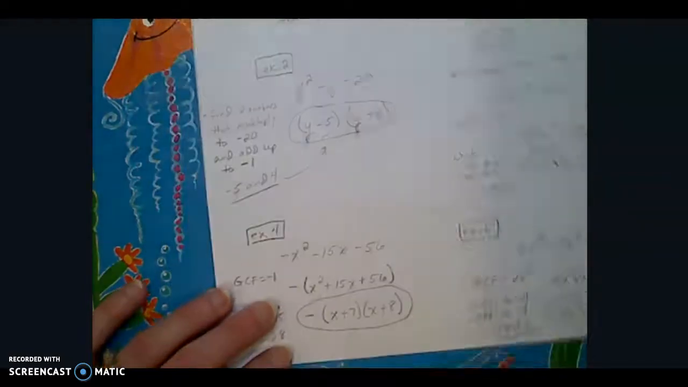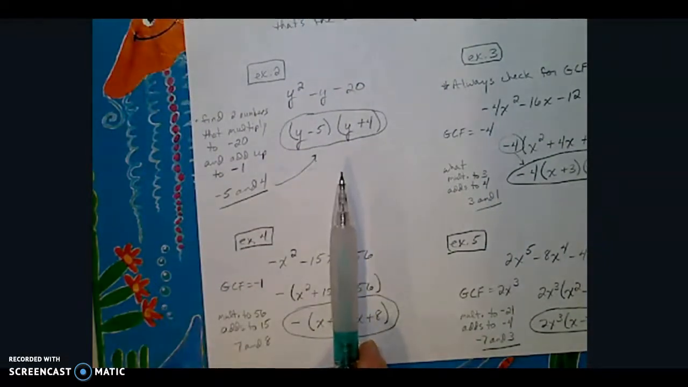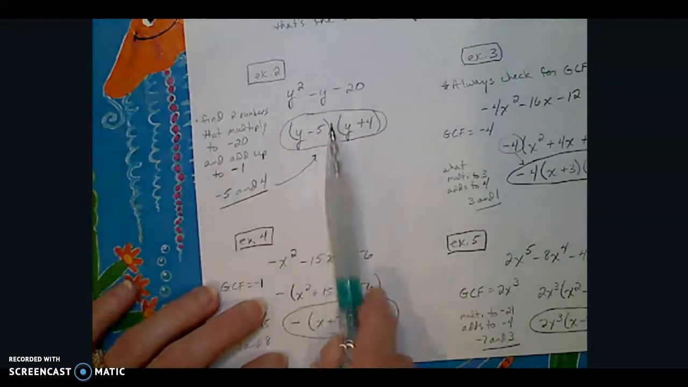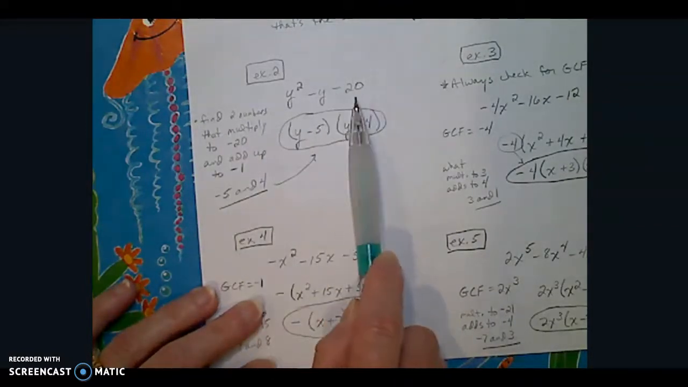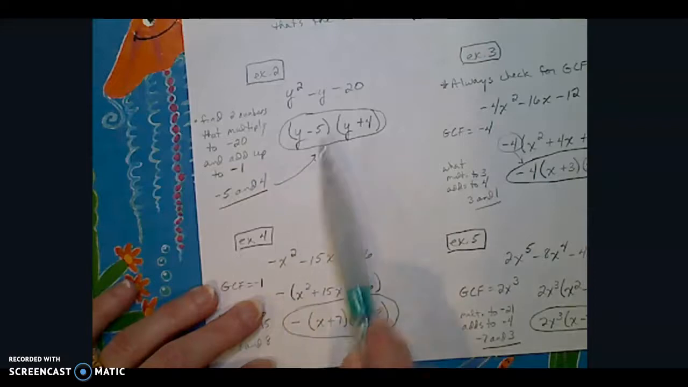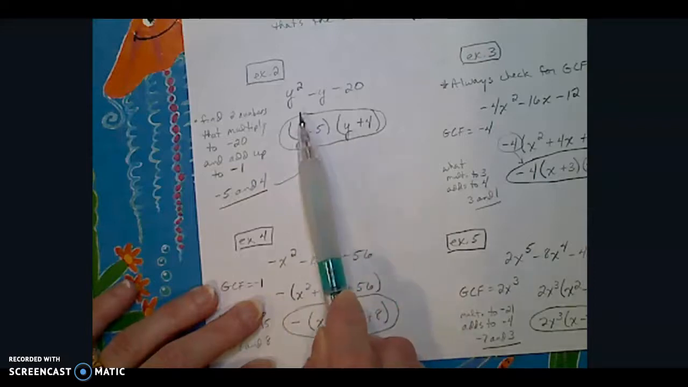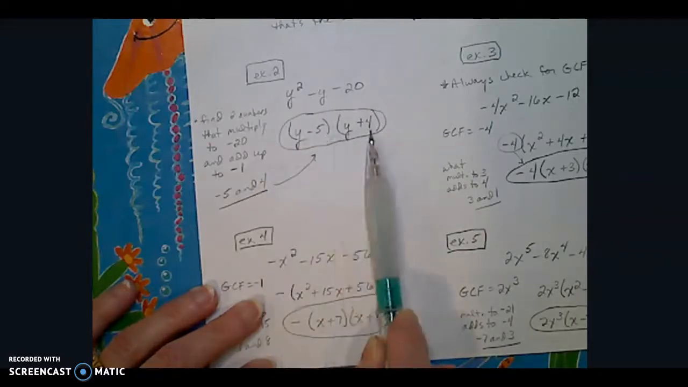Okay? The second example I have here is y's. So it's find 2 numbers that multiply to negative 20 and add up to negative 1. And so in this case, my 2 numbers are negative 5 and 4. So again, I put my 2 parentheses, but this time the variable I'm working with here is y. So I put the y first,